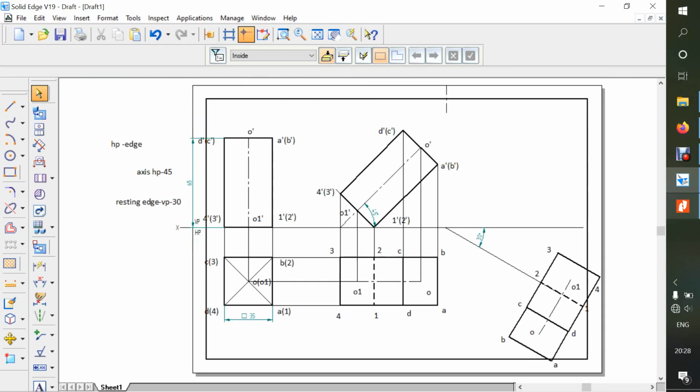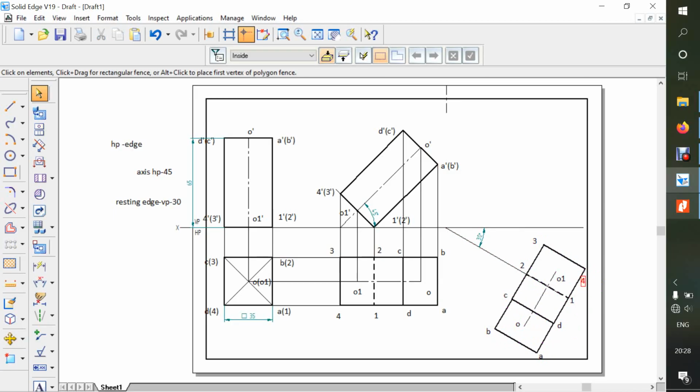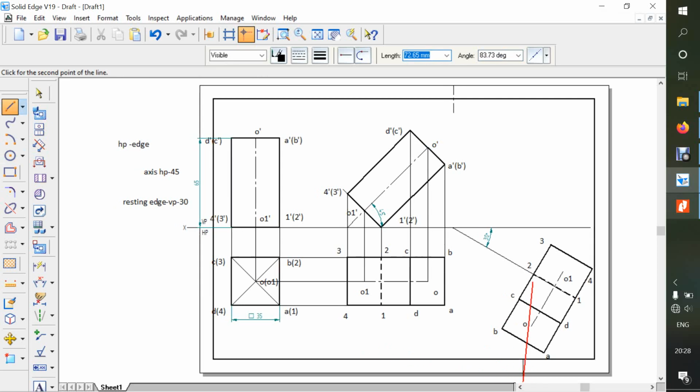And jump, fit to the screen. Okay, so if you want to just move within this area, you select this whole square, go to the move, you don't have to make a copy, and just move a little bit upward so that it will come within the boundary. Okay, so now we are viewing from the bottom side. Now the square face which is nearby is ABCD, and the one away from here is 1 2 3 4.